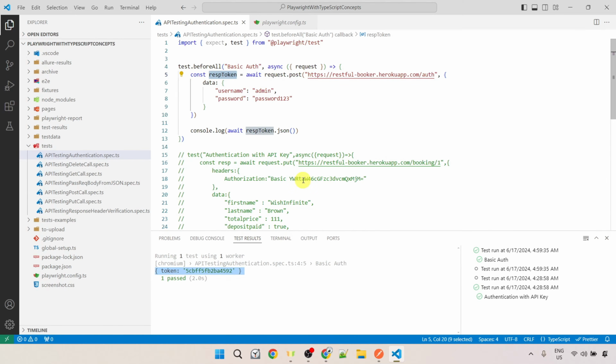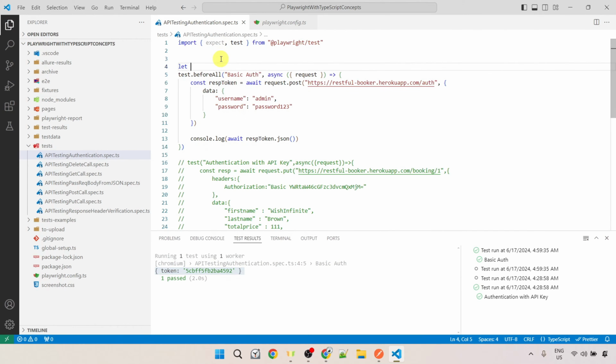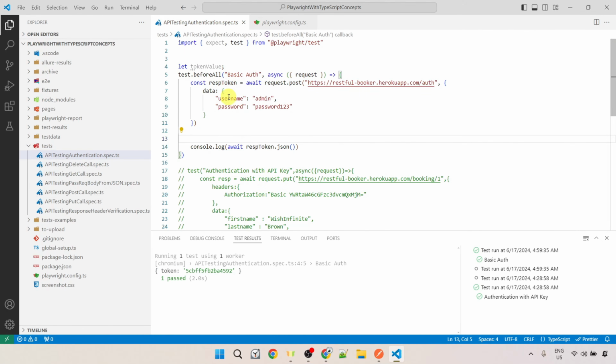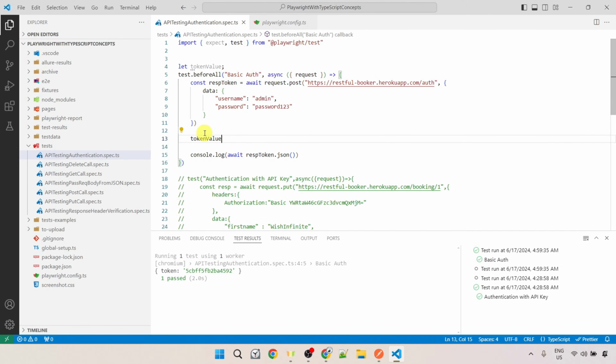So first let's save this token detail into one variable. So here let me create one variable. So let, and then the variable name. So here the token value, any variable name you can give, right? It should be meaningful. So here we are going to save the value of the token inside this variable, which is token value. So token value, after this we need to put equals to,